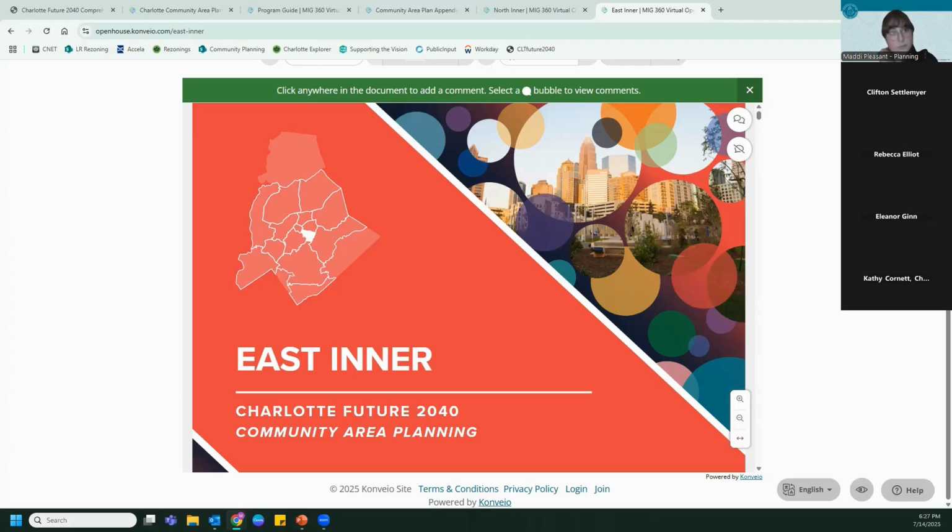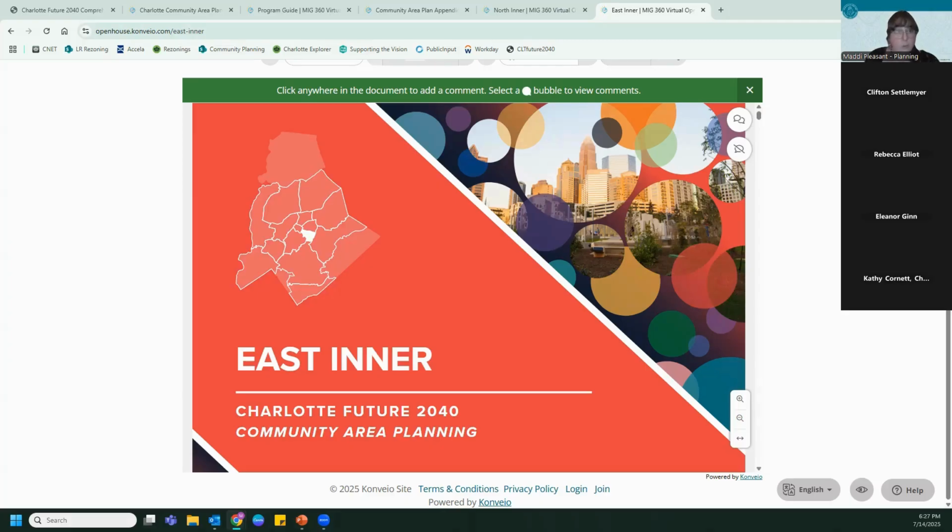No, I think I'm joining in way too late in this process because I haven't read this plan, and I'm also confused because you said it was adopted in 2021. So remind me what stage, what are we exactly commenting on right now? Sure. So the Charlotte Future 2040 comprehensive plan was adopted in 2021. These community area plans are a next level of guidance.